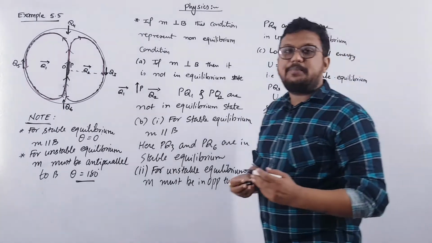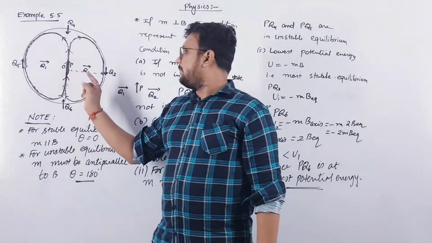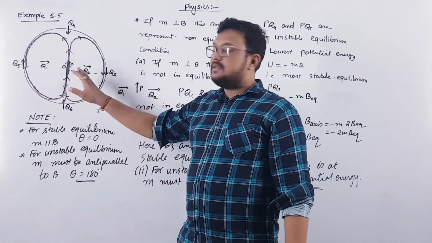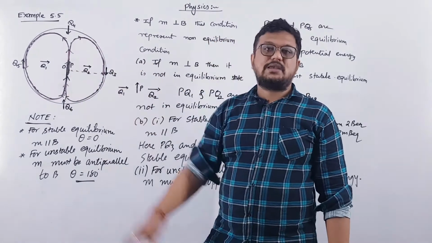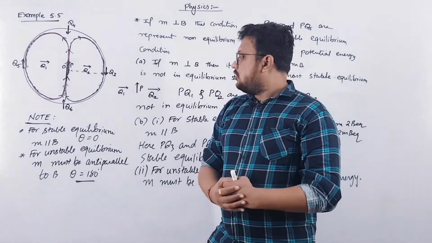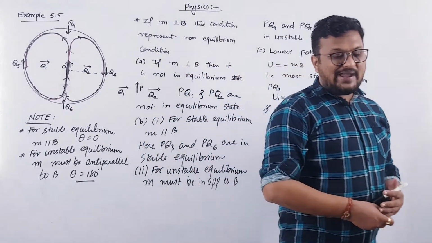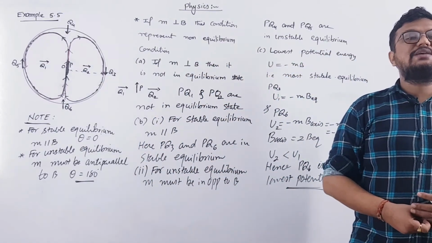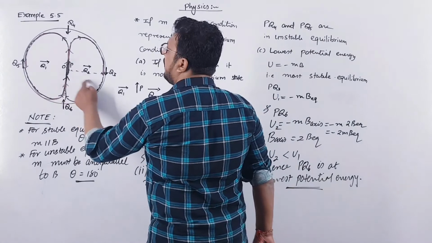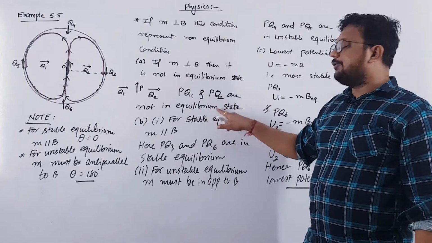Look, quite simple example. We will again revise this. In this case, a magnetic needle with some magnetic moment is given and the arrow indicates its magnetic dipole moment. With respect to P, there are 6 different magnetized needles given, right? And they are arranged in different directions. So in the first case, we have to find which are not in equilibrium. If the angle is 90 degrees, in that case we can say that they are not in equilibrium. So here Q1 and Q2 are perpendicular to P, so they are not in equilibrium. So PQ1 and PQ2 are not in equilibrium state.